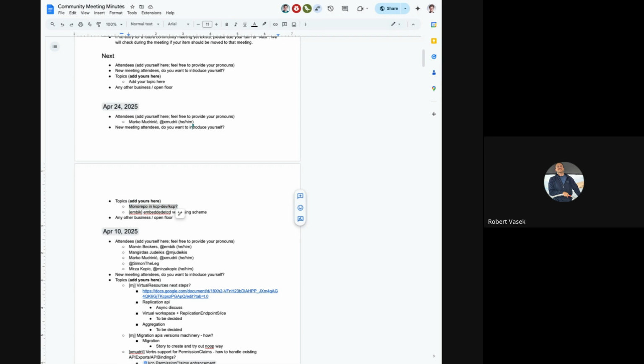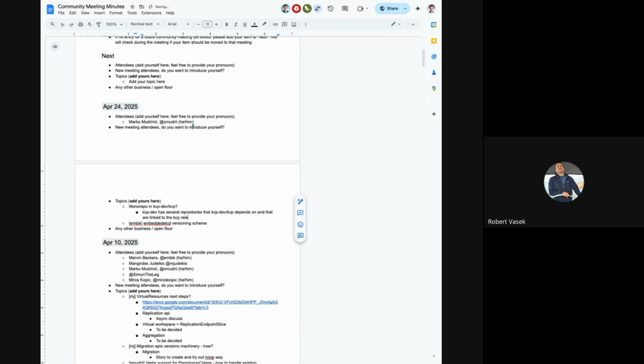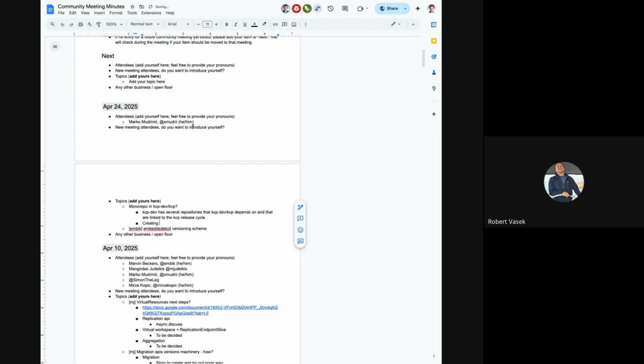Essentially, we have a bunch of repositories that KCP itself depends on, and managing dependencies and their releases is a bit difficult because they're linked to the release cycle of KCP itself, but because they're in a different place, we need to do the release itself, cutting the binaries or tagging the release, in all of those repositories separately.